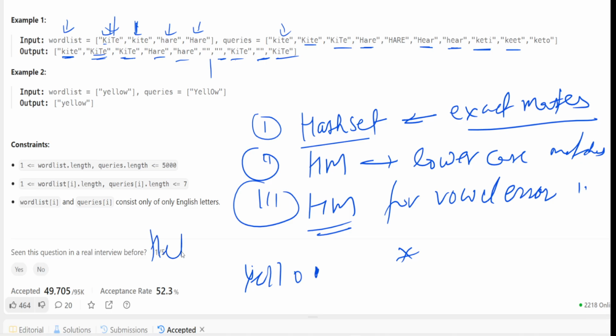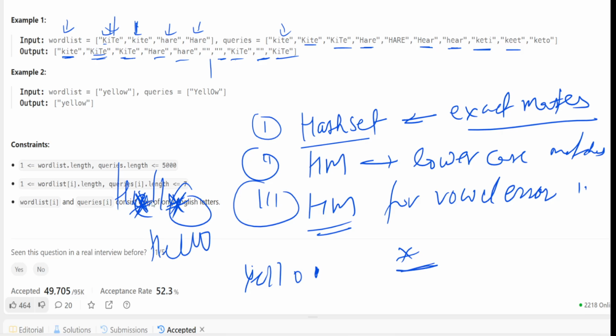Or let's suppose "hello" is there, but somebody is saying "hellu". So this and this will become a star. We can say you will keep it here. Blue is not there, so it is star. Like that, we'll convert every vowel into a star where we find it, and we'll say okay,